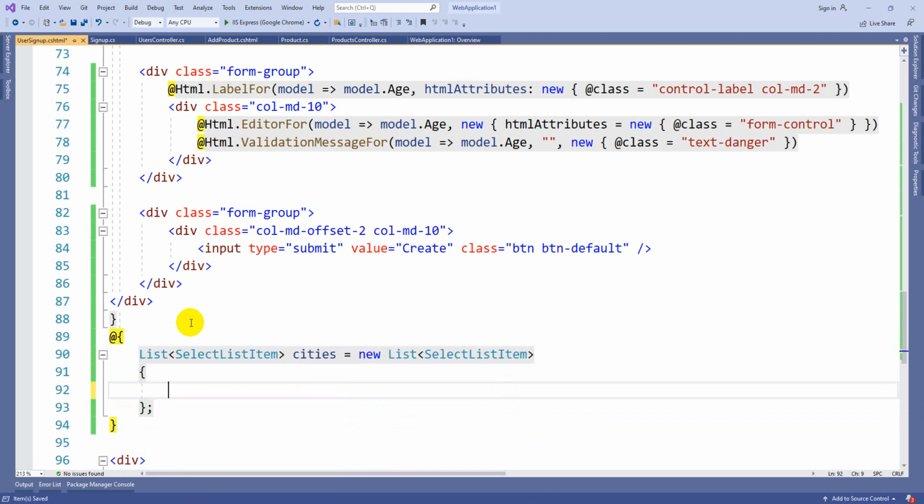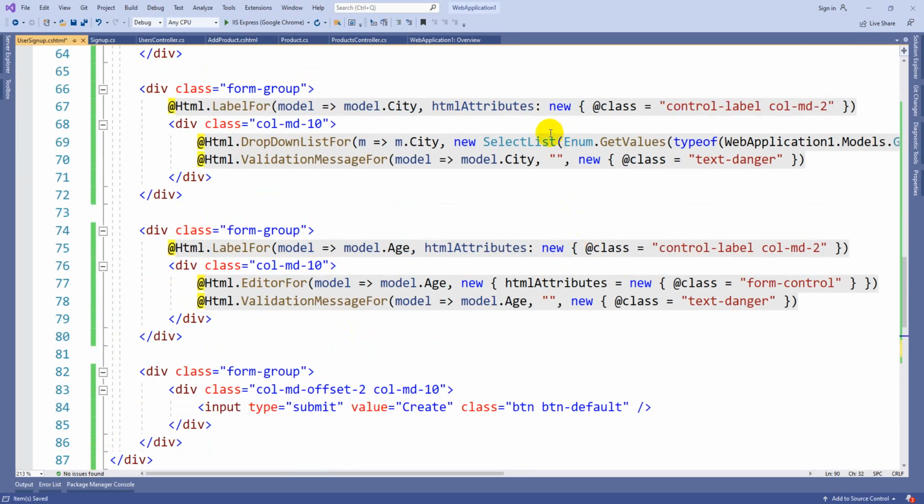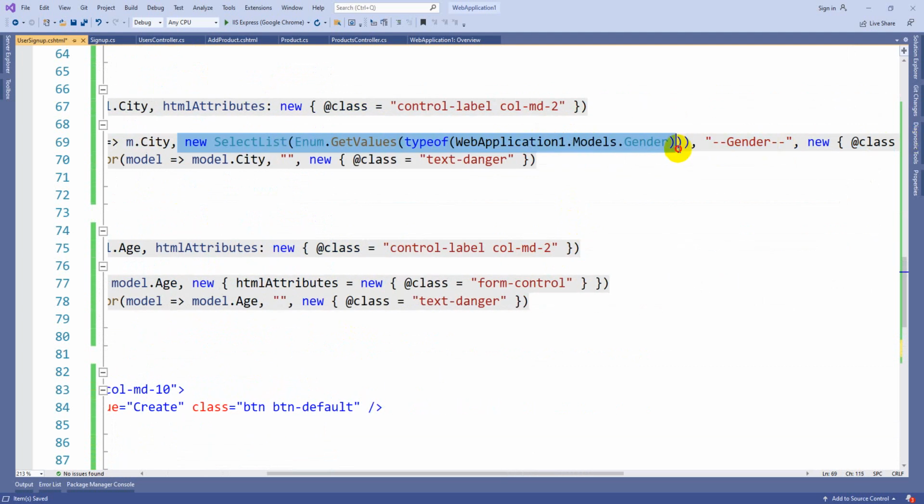Here I can add new select list items one by one. Here you can pass these cities instead of this enum conversion and all those. You can delete everything of this enum conversion.